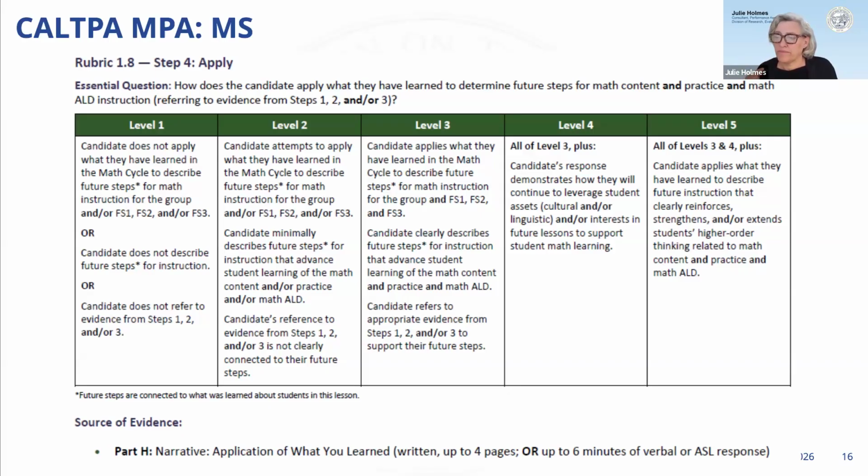Somewhere along the way, they need to think through evidence or connection that apply to that step. Like, oh, I realized when I was planning this that I didn't account for this or that. And so that's something that they can mention in this step 4 application of next steps. Because we never plan the perfect lesson. I certainly have never done that. And so it's good to go back and make that connection.